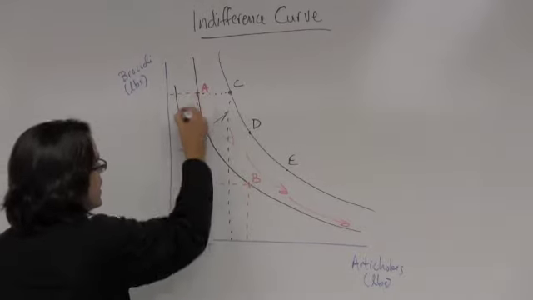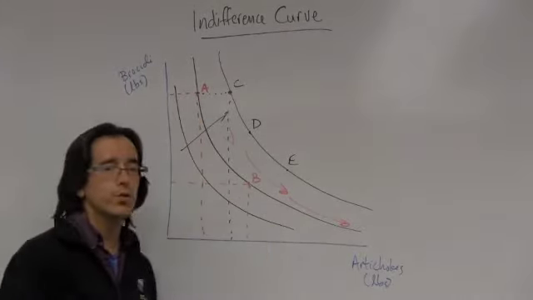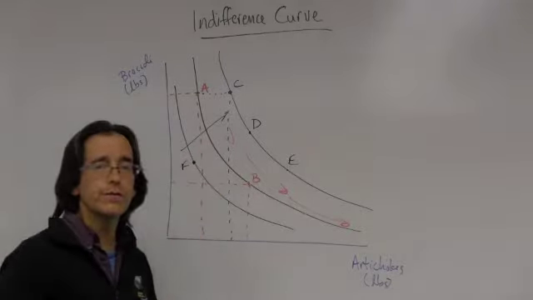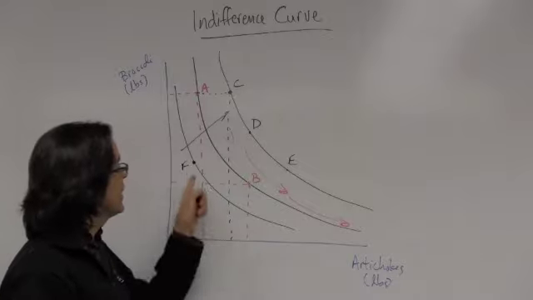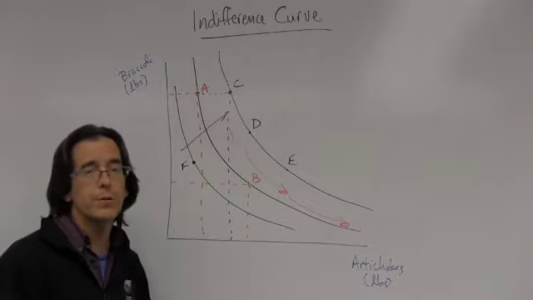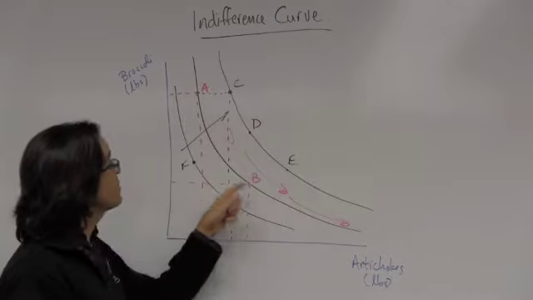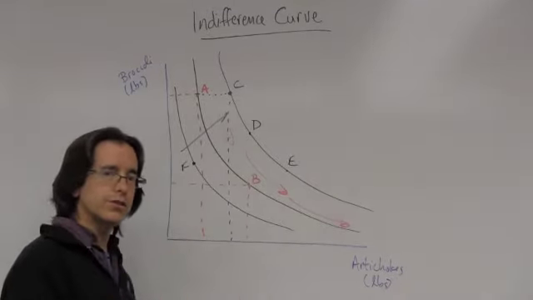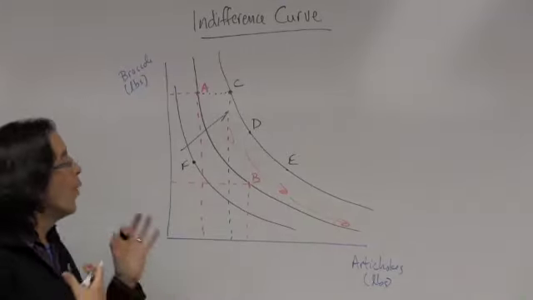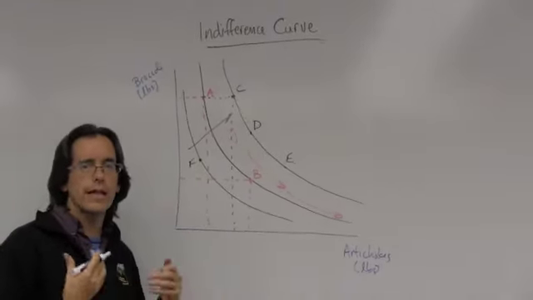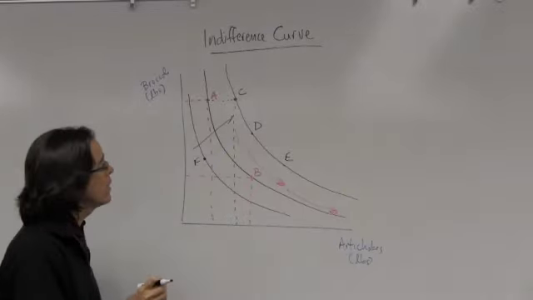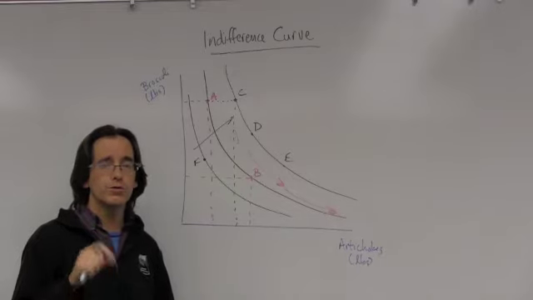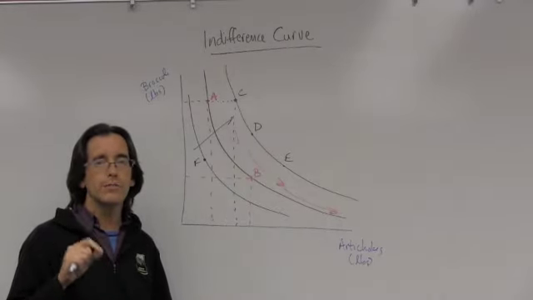Same thing goes if we move towards the origin. Any combination of broccoli and artichokes that's on this indifference curve, such as combination F, would be less preferred to A, B, C, D, or E. Okay? So again, this is just a general introduction of what the indifference curve is and how it fits together. Remember, our definition is an indifference curve represents all the combinations of two goods which represent the same total